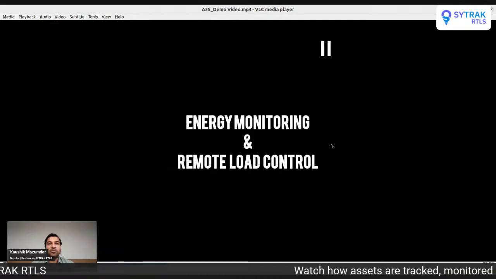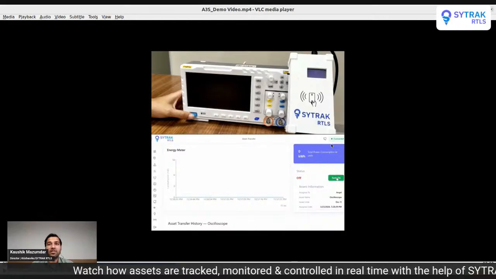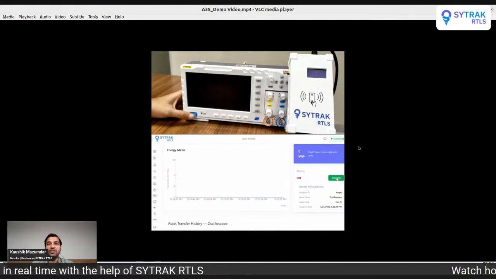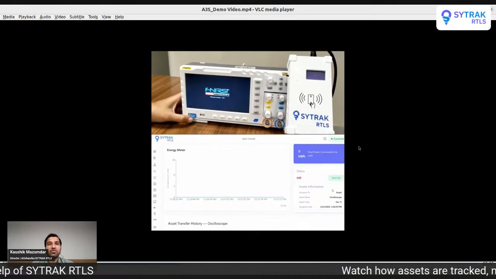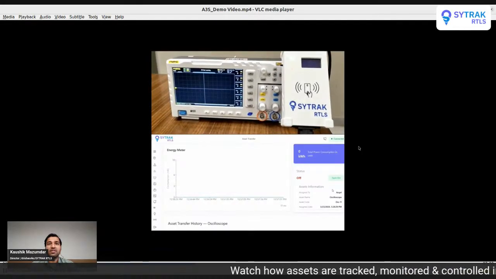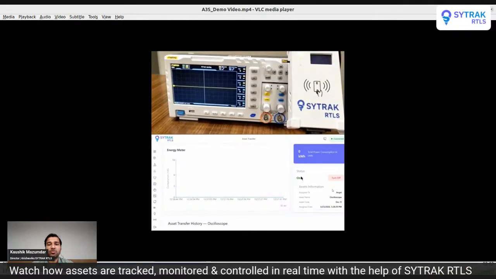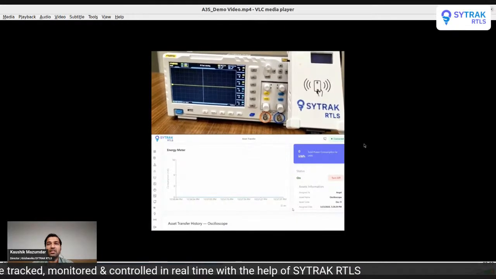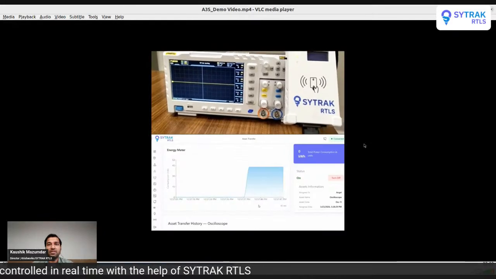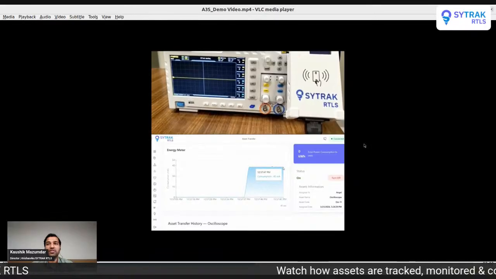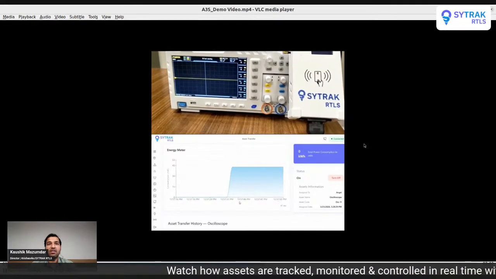Now let's look at the energy monitoring and remote power control. The oscilloscope asset is powered off initially and there is no energy consumption. The status is visible in the dashboard as off and the live energy graph is flat. As the oscilloscope asset is manually powered on, the dashboard instantly captures the state and changes the status to on. After a little while, the graph comes alive. The power consumption roughly stays at 43 milliampere for a 220 volt supply,